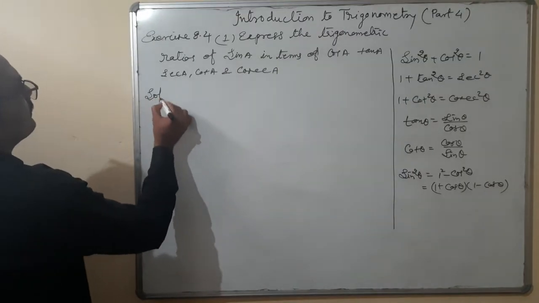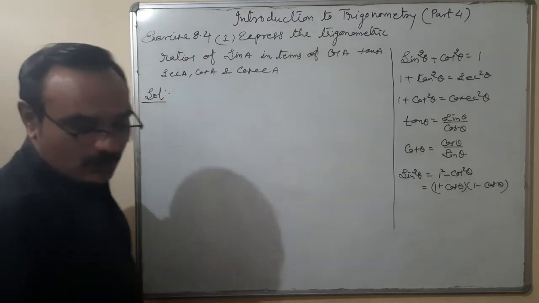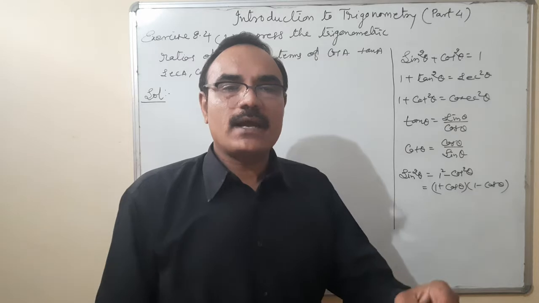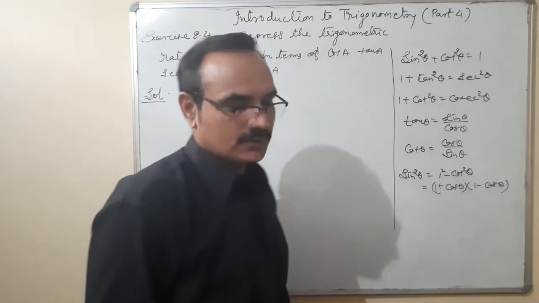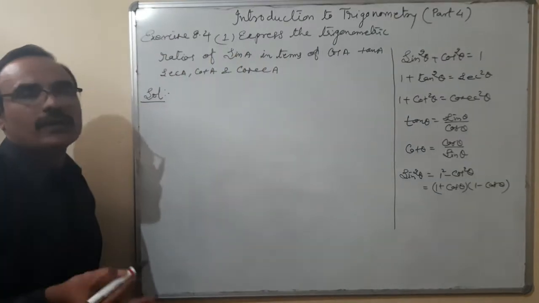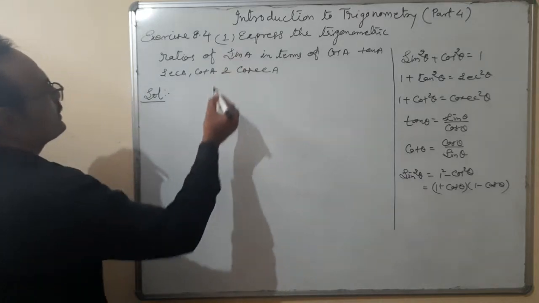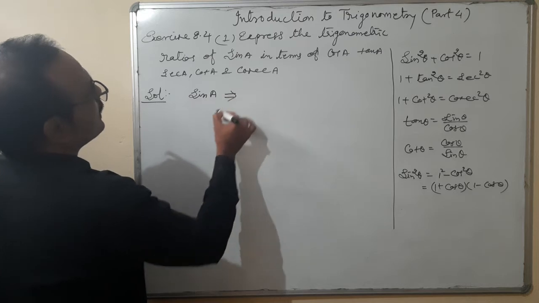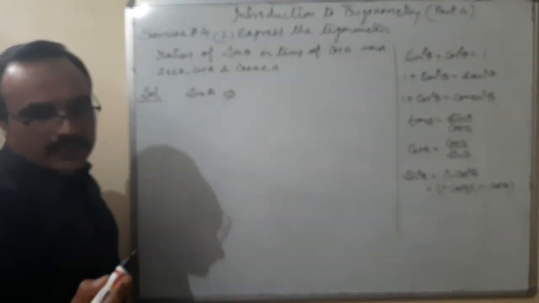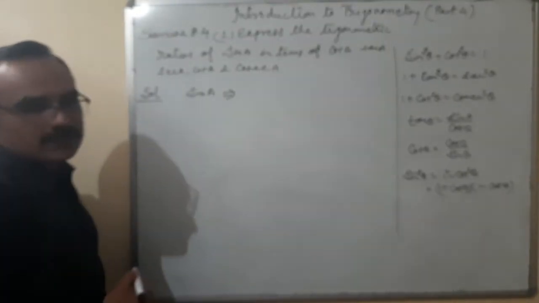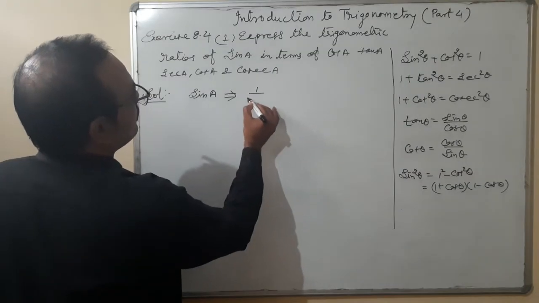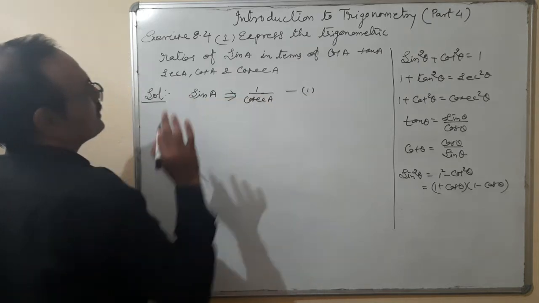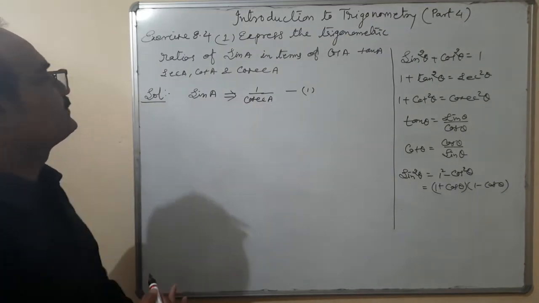Sin A. In the book it is given that the 3 are given and we are converting into the form of cot A. 1 I have taken and I am converting in all 6 so that you can understand how to convert and what the conversion procedure is. Sin A, if you want to convert into the form of cosec A, I think the simplest way, because the reciprocal of sin is cosec, sin A I can write as 1 upon cosec A. Is it okay? This is the conversion of sin A into cosec A.